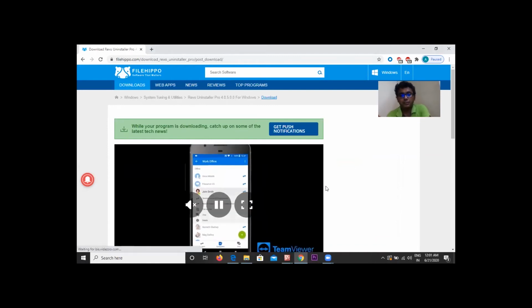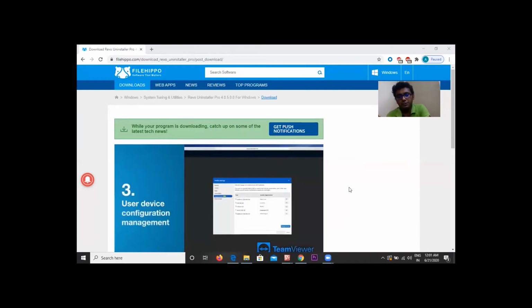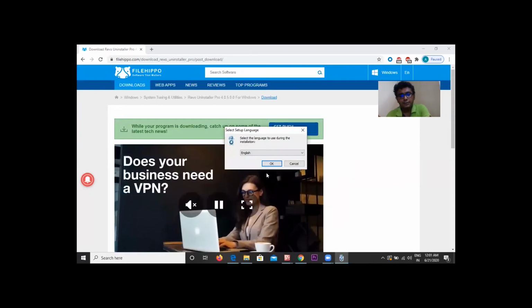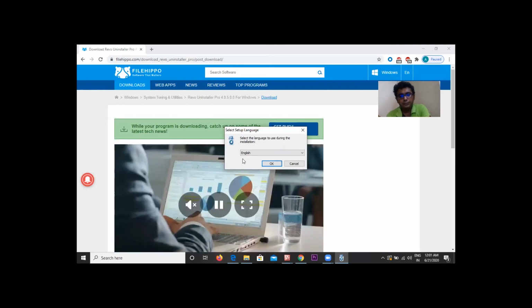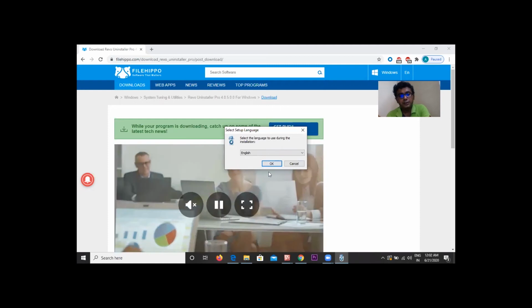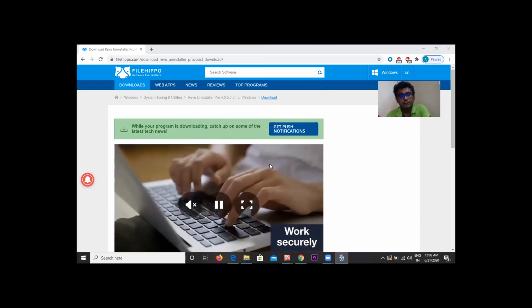It is about to appear on the screen. Wait for a moment. Yeah, you can see this window. It says you need to click on OK in order to proceed further. You will click on OK.